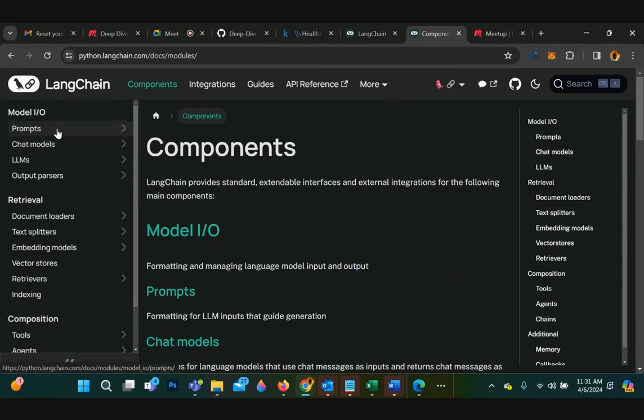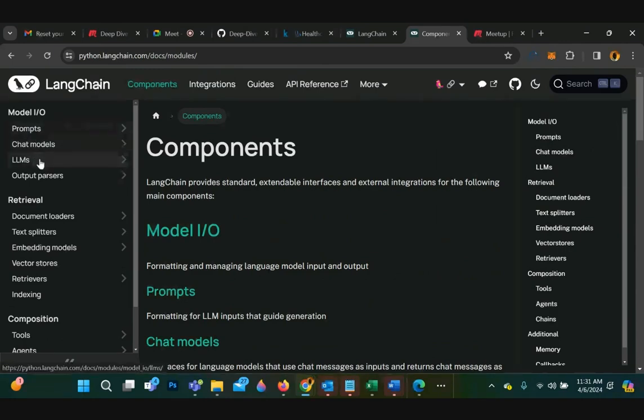So there's a way, tools for prompts, setting out your prompts into the LLM. There are prompt templates. That has two types.